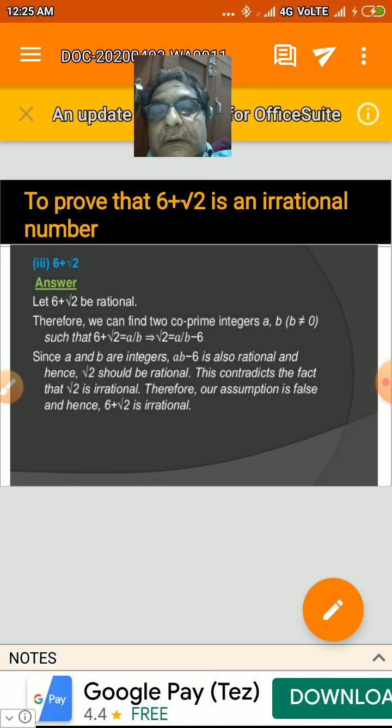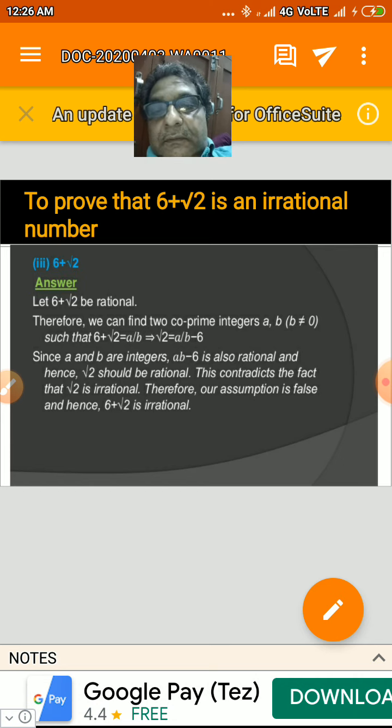One rational and the other irrational, either with plus sign or minus sign or multiplication or division. That is, the sum of a rational and irrational, the difference of a rational and irrational, the multiplication of a rational and irrational, and the division of a rational and irrational number finally result in an irrational number. So how can this be proved, that such types of numbers are irrational?